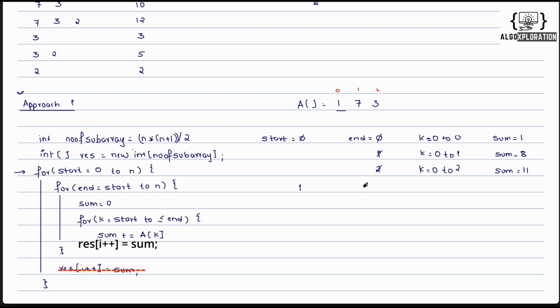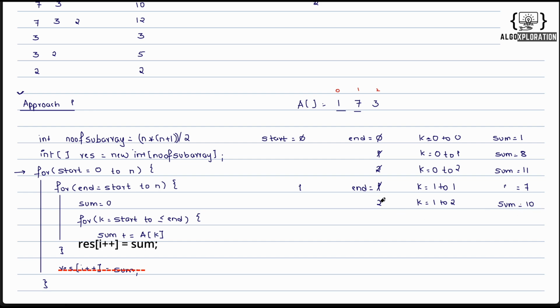The value of start will be 1 and end will be running from start, that will be 1. So my k will be running from 1 to 1. Now 1 to 1 there is only a single element, that is 7. So sum will be 7, right? Let's increment the end, that will be 2. So k will be running from 1 to 2, only two elements, that is 7 and 3. Therefore sum will be 10,